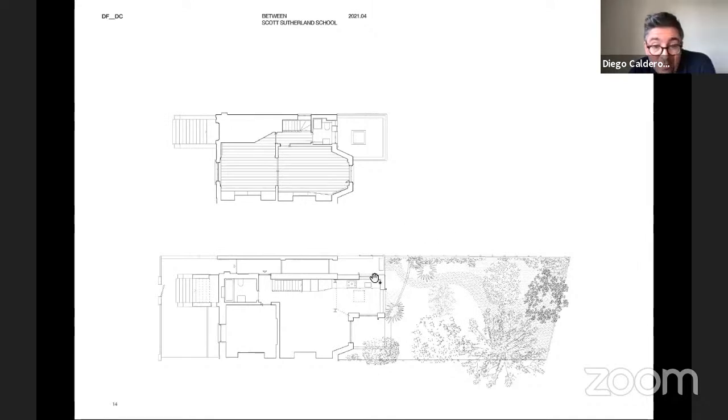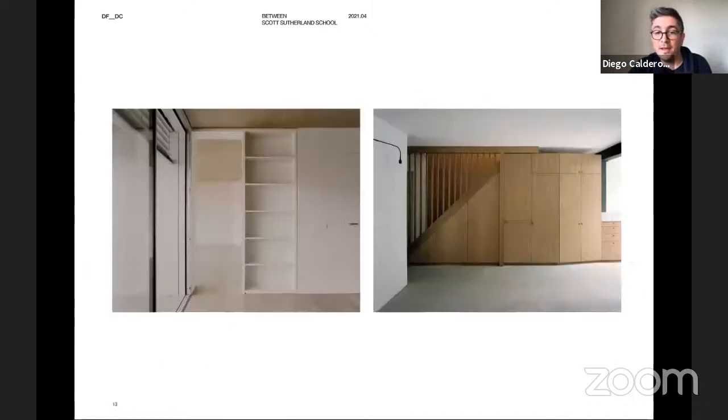So in this case, it's incredibly simple. It's by uniting the typical elements of a house, which might be the kitchen and the staircase and a utility cupboard or area, in one single joinery element, which is this one on the right. It's not only a functional thing, that it contains all these little elements of our everyday lives, but it acquires almost a character and a tectonics of its own through this untypical association of functions. And it's as simple as that.